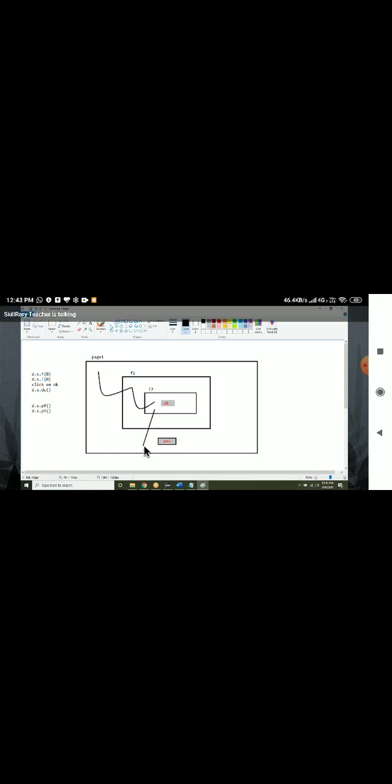Default content means you come out directly. Parent frame means one step: who is the parent for this? This is the parent. Then again one more step, 2 times. Are you guys getting it?